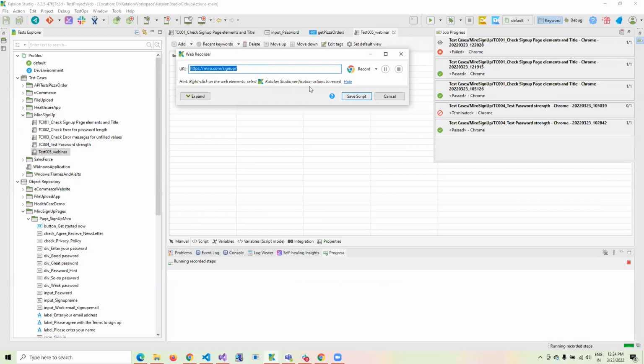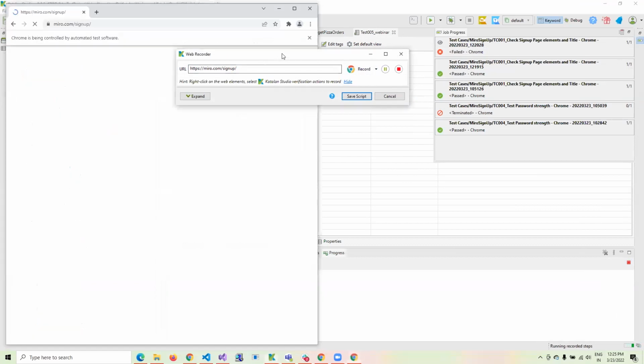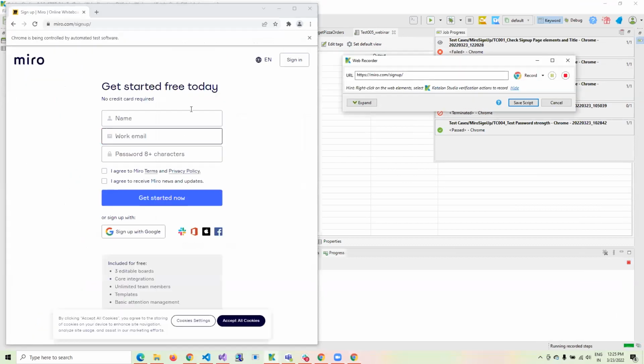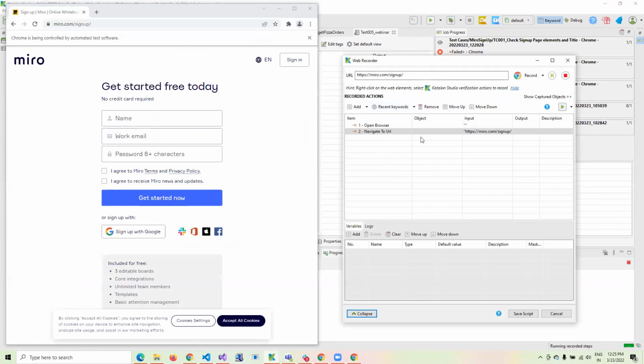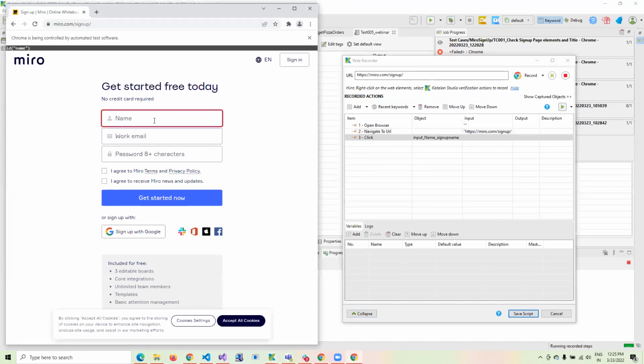Yes. So here is where you give your application under test, the URL for it. And you can go ahead and start recording it with any browser, but we recommend doing it on the Chrome browser. When you expand, you'll also see whatever actions you're performing here. For example, let's say I want to enter my name as Avinash. I'll enter my work mail as